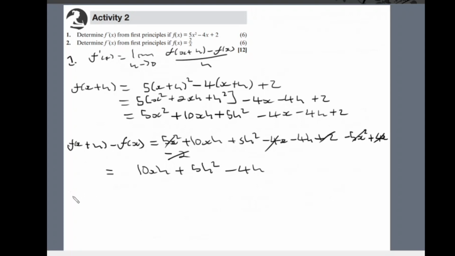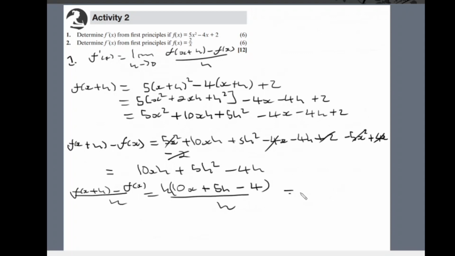So if now I divide this whole thing by h, I'll have f of (x plus h) minus f of x, divided by h, is equal to... I'll factorize my numerator: h times (10x plus 5h minus 4), divided by h. So this h and that h will cancel, and I'll have 10x plus 5h minus 4. Okay,